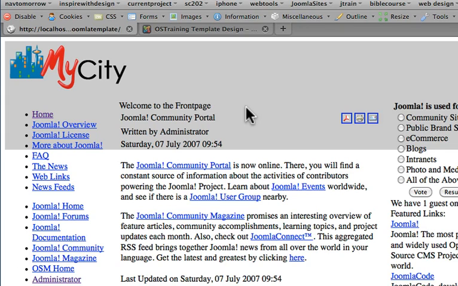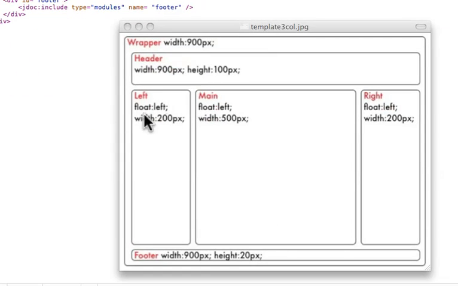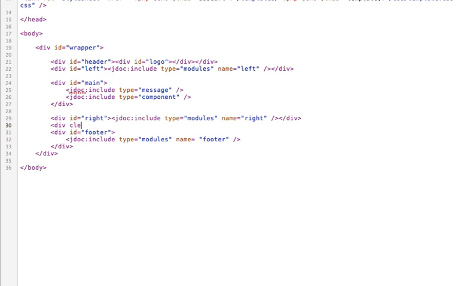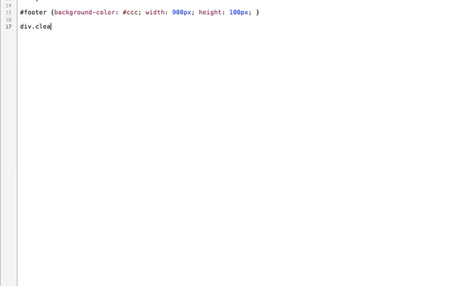But we have a slight problem. It's not in the right place. We have our left, main, and right. And our footer, which is supposed to be down here, only is shoved up here because, according to the CSS, it's not being floated. It's basically saying shove up against the next one that's available. What we need to put in here is a div class. Now remember, a class you can use anywhere, multiple times in your index.php file. So now we need to define the class, div.clear,